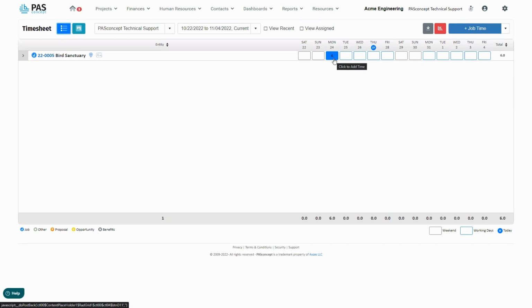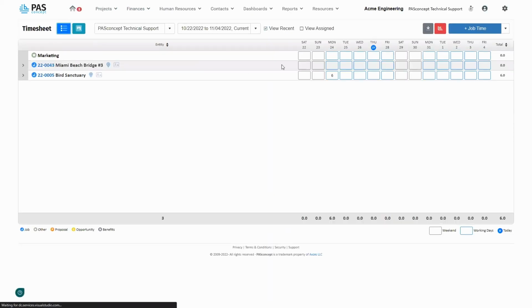In Past Concept, we have really intuitive timesheets with some additional features that may help ease the burden from your employees when it comes to entering time. One of which is selecting this view recent. Say, for example, the pay period has ended. It's a new pay period. None of the jobs are visibly there. By clicking view recent, that would populate all of the recently entered jobs, but of course with no time entered yet. That way you can go ahead and enter that time.